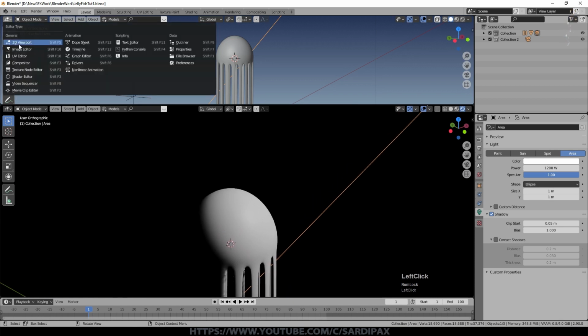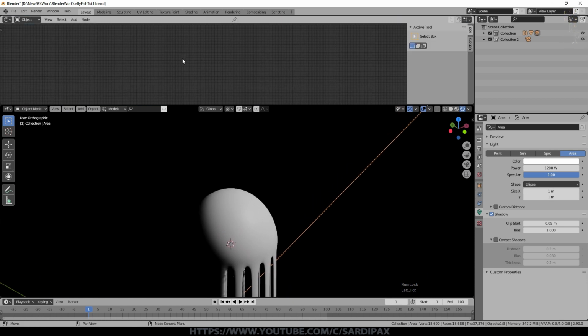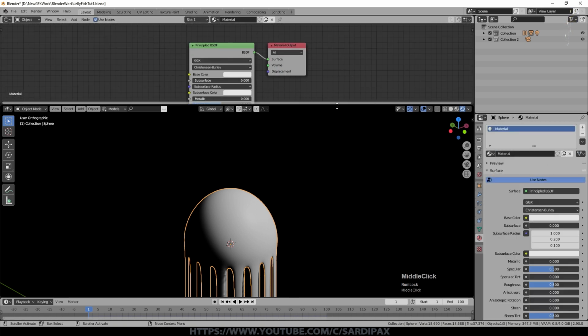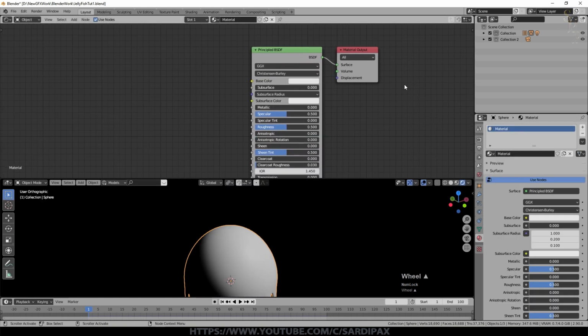In this little window I've opened at the top, we'll go to the shader editor, select the jellyfish and say new under the materials, and let's start adding some nodes. I decided to use a procedurally generated texture rather than adding an image texture. But first of all, I'm going to add, under the color, a hue saturation node. This is just so that I can adjust the intensity of the color, and I went up to 1.2 on that.